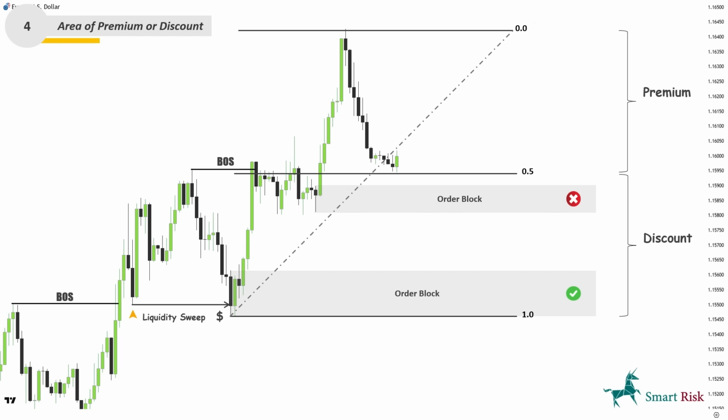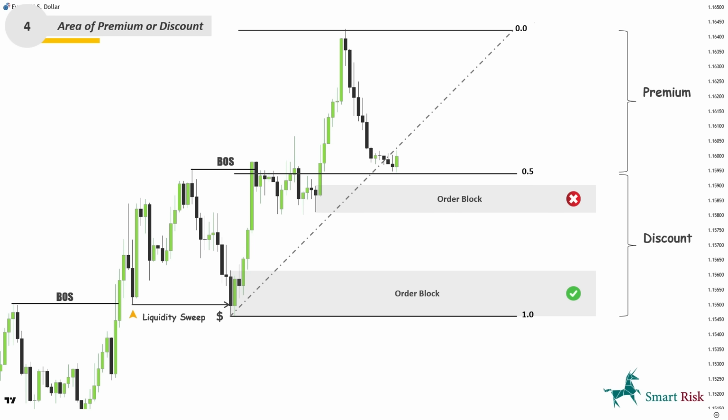In a bearish market profile, look for points of interest in the premium zone, the upper part of the range, to find high probability short setups. This helps us filter out weaker, riskier zones and focus only on the areas that offer the best possible risk-to-reward